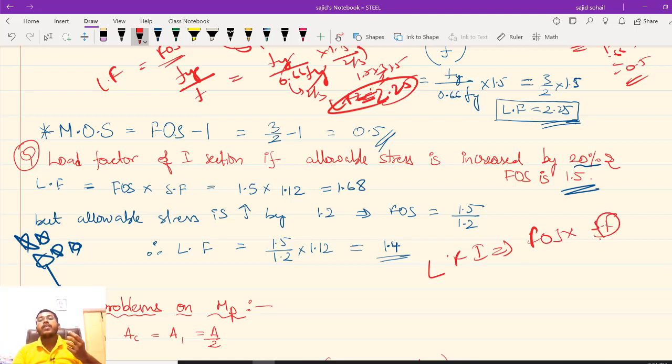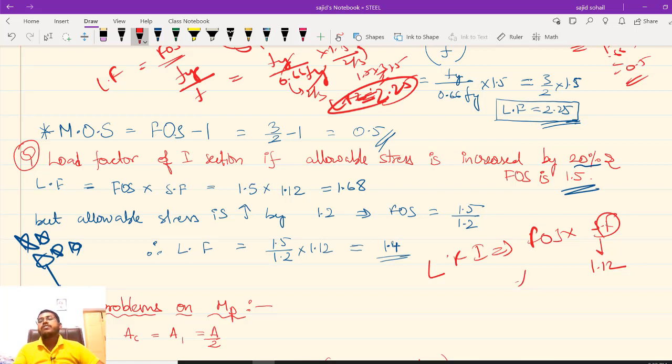You know the shape factor of I section, it is 1.12. एग्जाम में calculate करने मत बैठो. These values you should remember. I section, circle, thin circular section, rectangle, diamond section, triangle, all these values you should be knowing. The table which I have given, आपको by heart करना है.